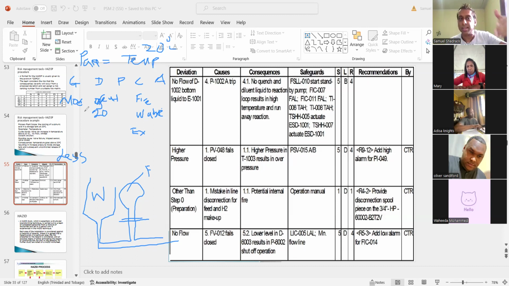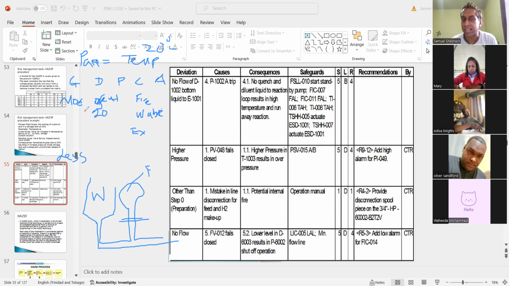And it's the same thing they will consider on the same table. So what if the flow rate increases to 30? What's going to happen? The drink is going to be too strong. It's going to be too concentrated, right? What if it's less? It's going to be too diluted. So a HAZOP is not a bad study. It's a nice study. For you all, I guess if I could bring it back to your level 4 now,